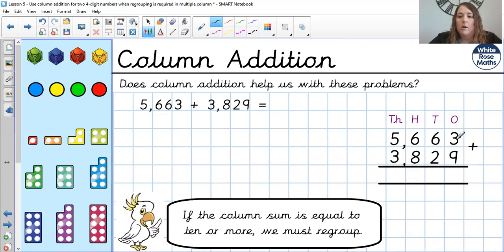So this time in my ones column, 3 add 9, 3, 4, 5, 6, 7, 8, 9, 10, 11, 12. So I'm going to have to regroup here. So I'll leave my 2 in my ones and I'll be carrying 1 over into my tens column. 6 add 2 is 8, add 1 more is 9. Hundreds column, 6 add 8, 6, 7, 8, 9, 10, 11, 12, 13, 14. 4 in my hundreds column and 1 in my thousands. And then we add our 5, 6, 7, 8, 1 more is 9. So the answer here is